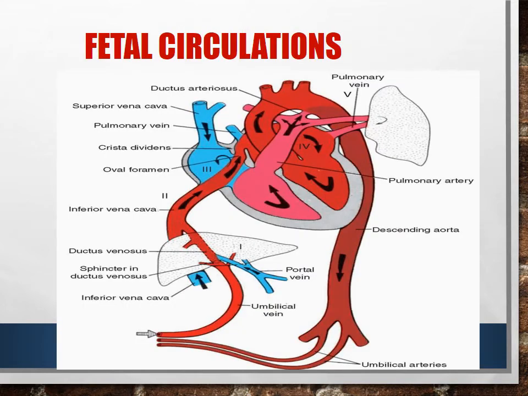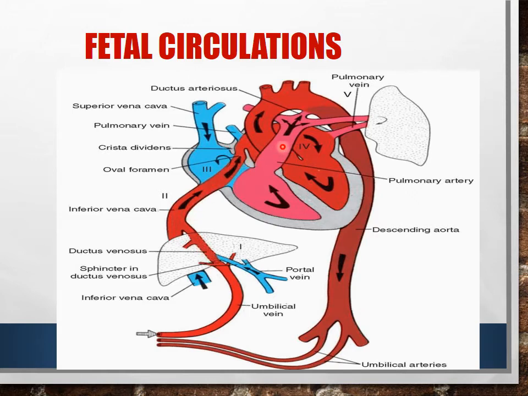So now there is the next very important topic, that is fetal circulation. In fetal circulation and then the formation of the adult remnants, that is very interesting, and I hope you know it very well. First of all, in fetal life there is the formation of the ductus venosus. This ductus venosus is the channel which connects the right umbilical vein to the inferior vena cava. So this is shunting the blood.